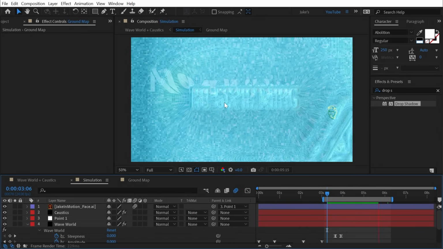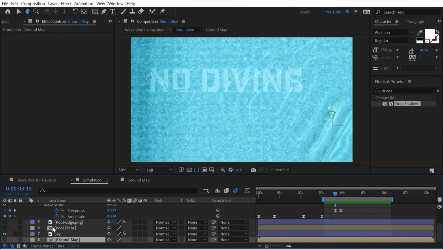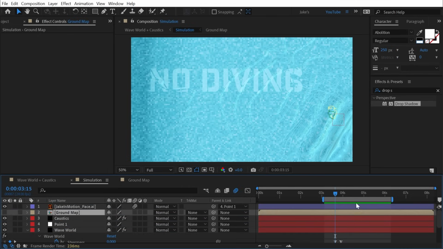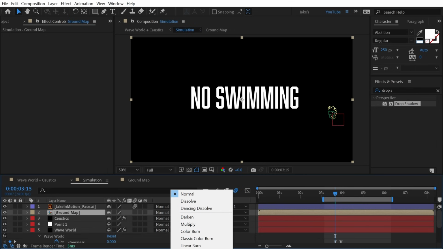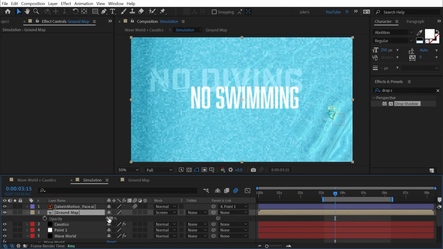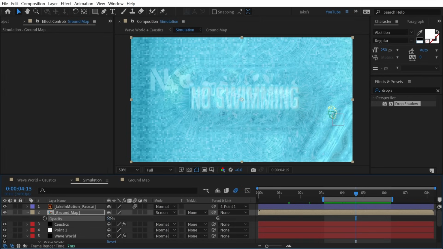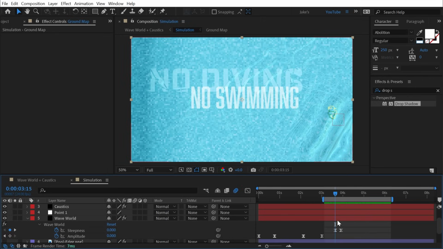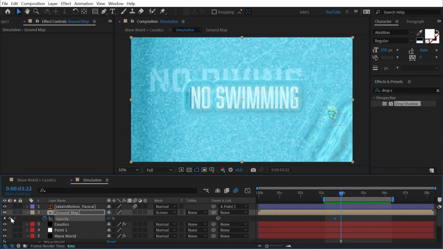It's obviously a little bit difficult to read, but if you just added in that ground map, I'll duplicate it, bring it up just above caustics, turn it on, and then change the blend mode to say screen and turn the opacity down quite a bit, then we'll see that a lot more clearly. Now I could synchronize the opacity of this layer animating on with the steepness being animated as well. So I'll just set some keyframes here